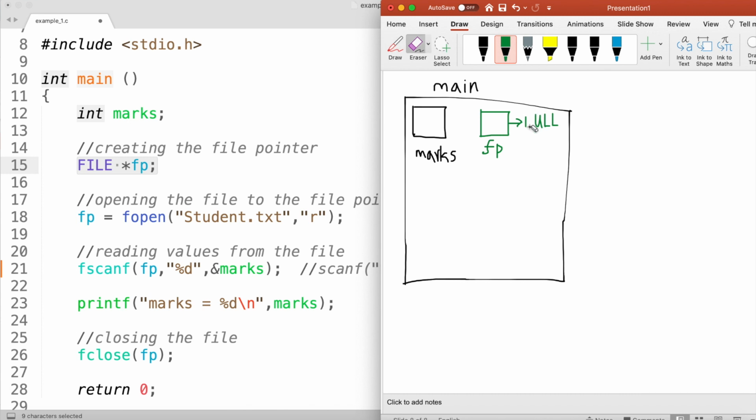I'm going to erase this. So this will be my student.txt, and it will be open and attached to my file pointer called fp. This is my student.txt file.